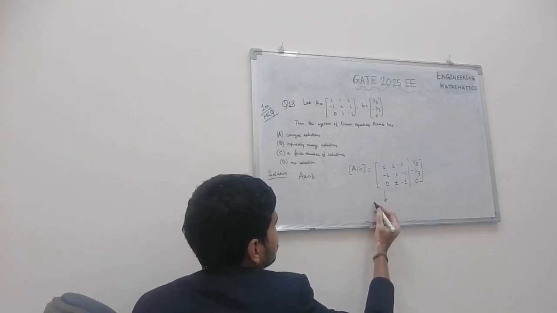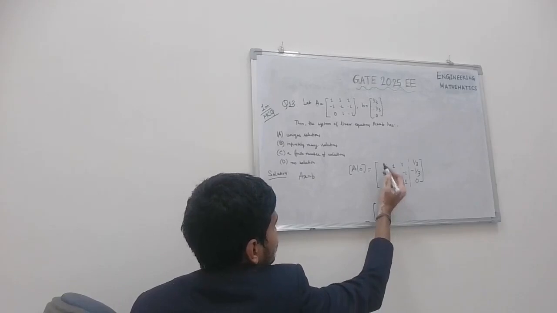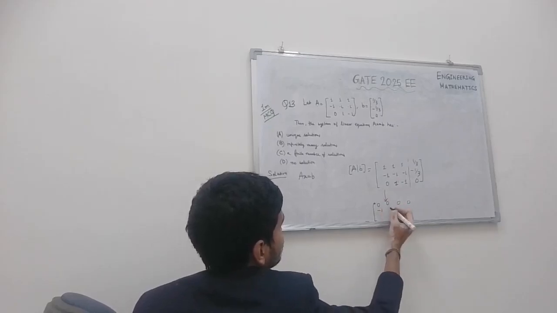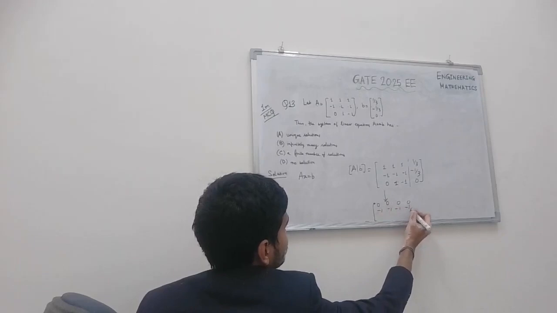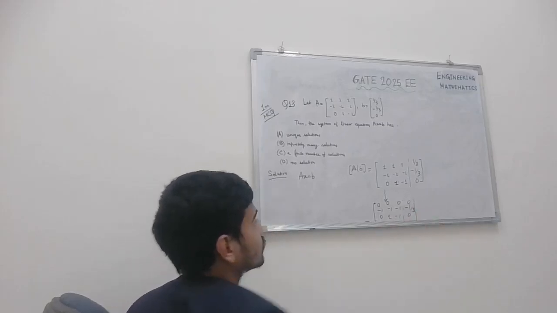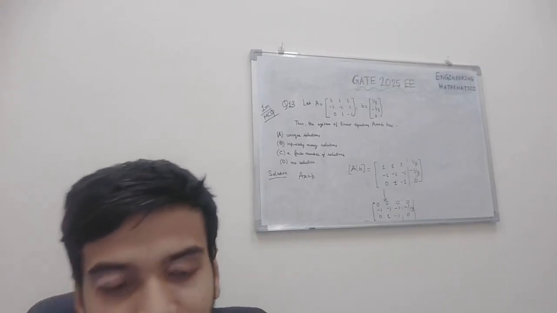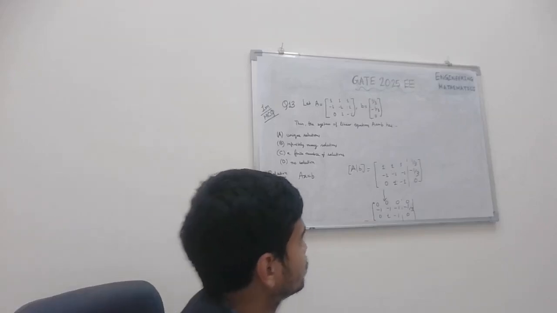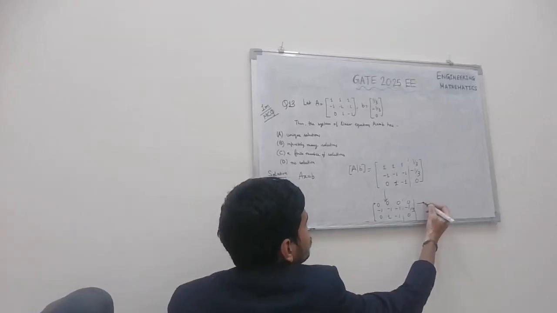What is it? Add the variables. Minus 1. Then do 3 now. So the rank of this matrix after performing the row operation becomes what? You observe carefully. Rank is